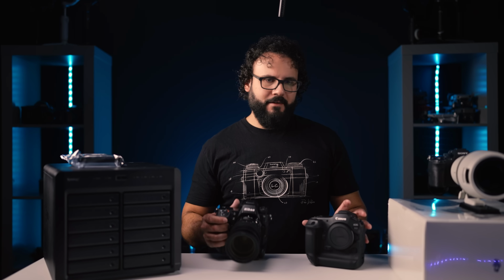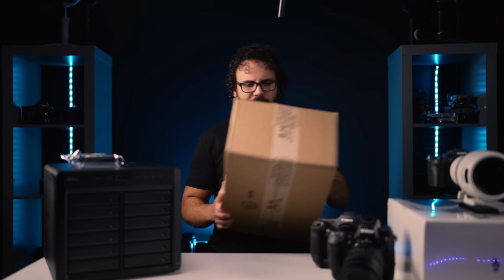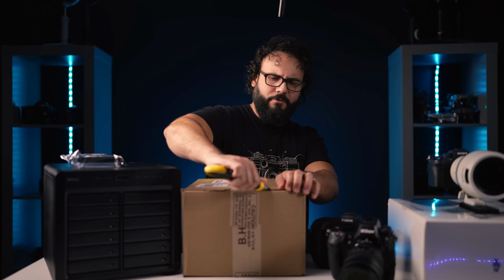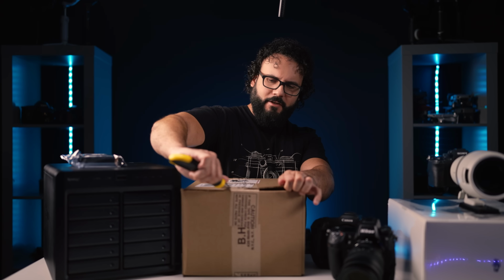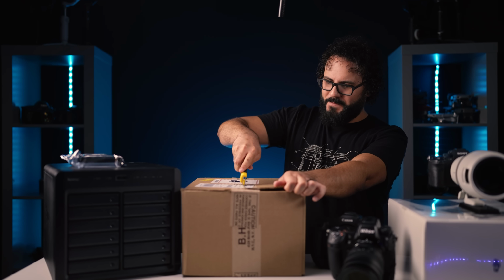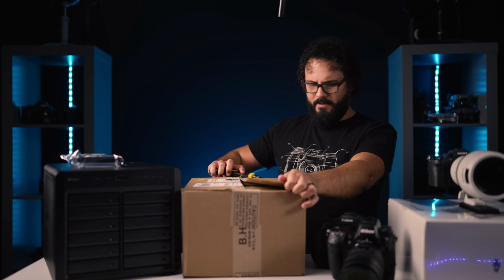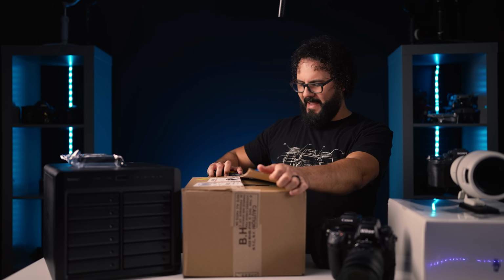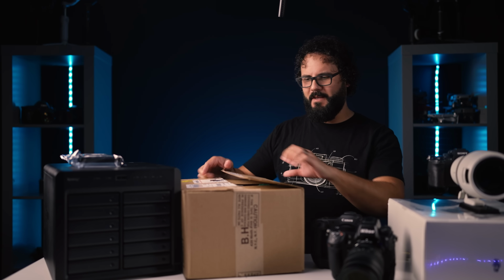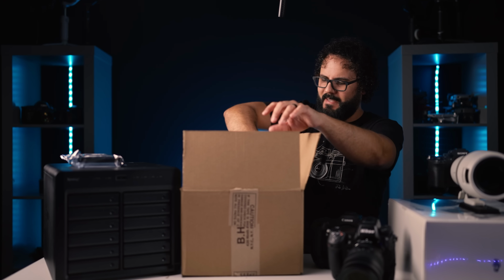All right, so the last camera I have, we'll make some room right here, is going to be this guy right here. It actually just came in today. It was supposed to be in like 3 days ago, but FedEx has managed to lose virtually every package that I have had through them over the past couple of weeks. So yeah, in fact, this drone has actually been late about 11 days before it showed up. I was pretty sure this thing was lost somewhere. So I don't know what's been going on with FedEx, but this is the